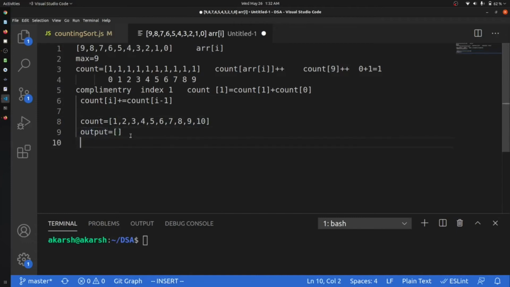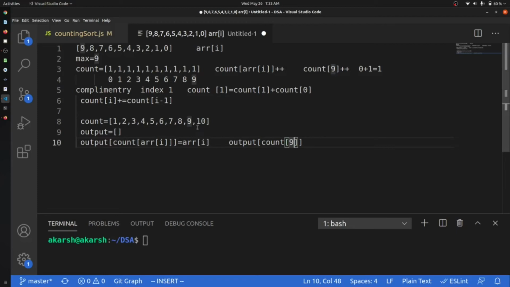So output will have a count and array at I, and we will put array at I because we have to put this value in my output. Firstly we have output at count at 9.